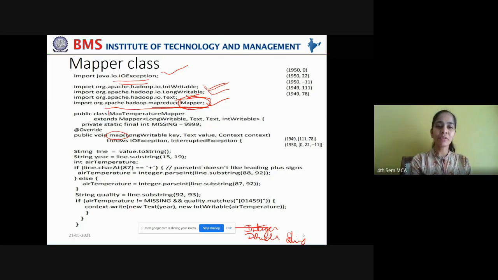So what is the name of this class? We have given it as MaxTemperatureMapper. In order to resemble the task at hand, we give it an appealing name, MaxTemperatureMapper. We are trying to find out the maximum temperature. And for this task, we are going to write a mapper class. Okay, that is the name, MaxTemperatureMapper, and this extends the Mapper superclass. Okay, only when we are able to extend this Mapper superclass, we will be able to redefine this map function. We will be able to override this map function.